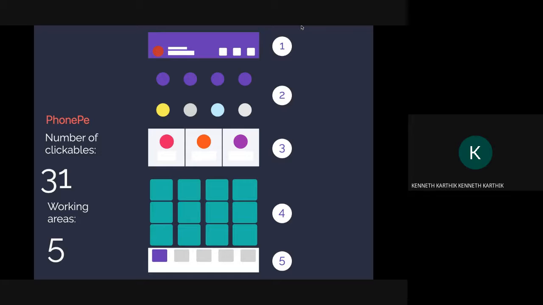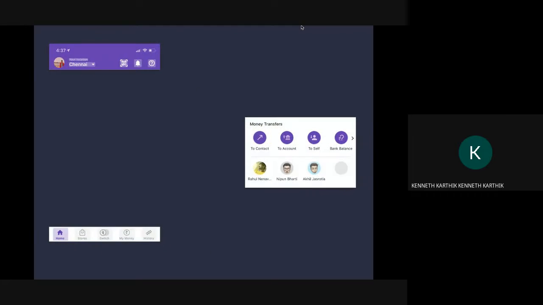With time it was helping, since I knew where to look, but most of the time I was not using almost 60% of this. And there were 5 working areas as I've categorized it. So there were 5 sections to the home panel. So what I was doing is basically trying to analyze the benefits and the negatives of each of these.